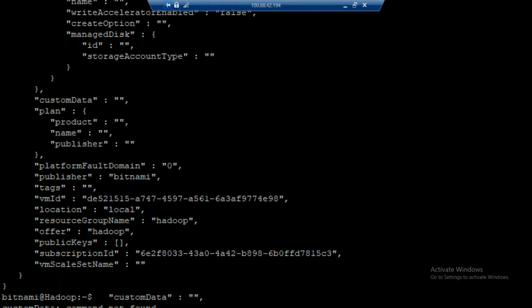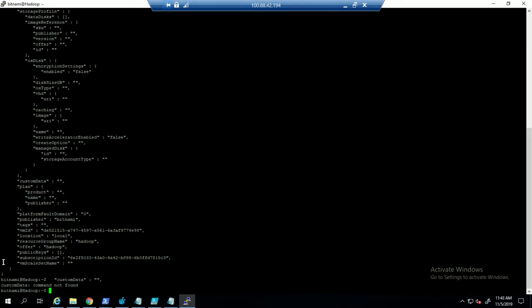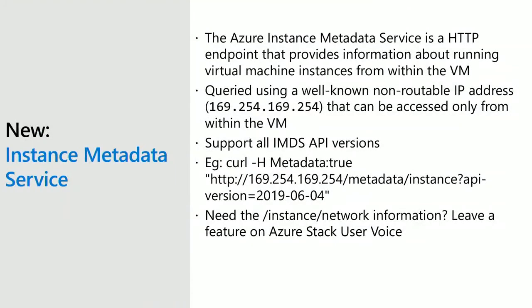You can also see the publisher. You can see the location. You can see the resource group name, subscription ID. So this is some of the basic information that you get from within the VM. An application within the VM can query for all of this information and do things on its own. All right. So that's some exciting stuff about instance metadata service. It should be available in a future release. So looking forward to all of you